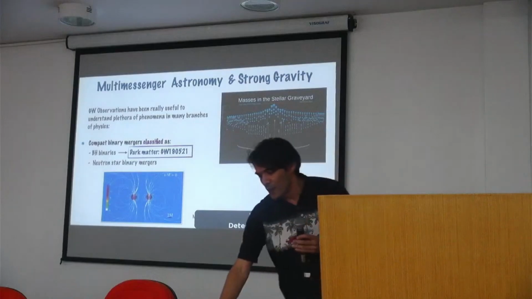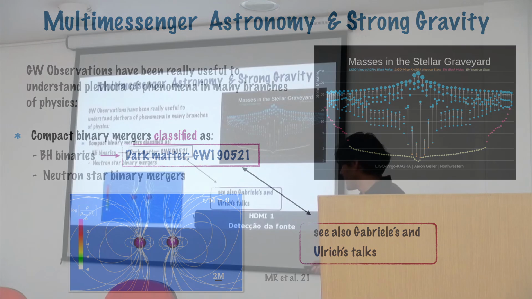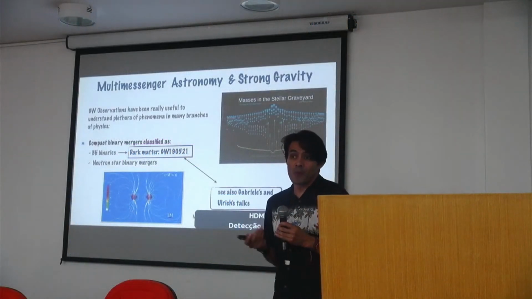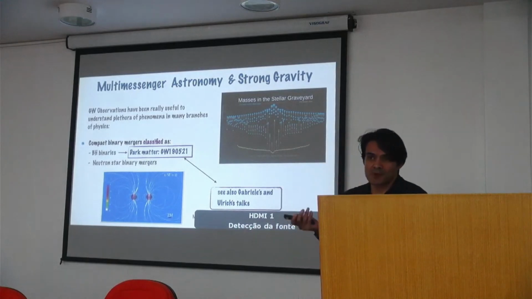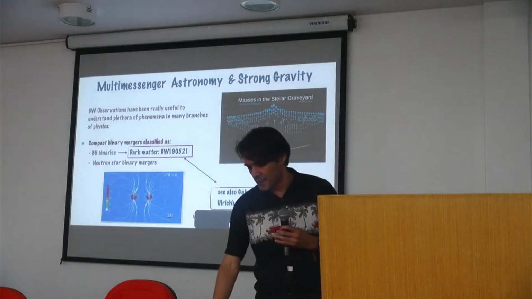So that opened a new window, saying that maybe what we are seeing is not what we believe we are seeing. This is essentially what Gabriel told us on Monday, and what Uli was telling us today, that maybe we are seeing more objects, different objects than we really know. But there is another question: why don't we believe that there are more objects with more complexity, like boson stars with magnetic fields?